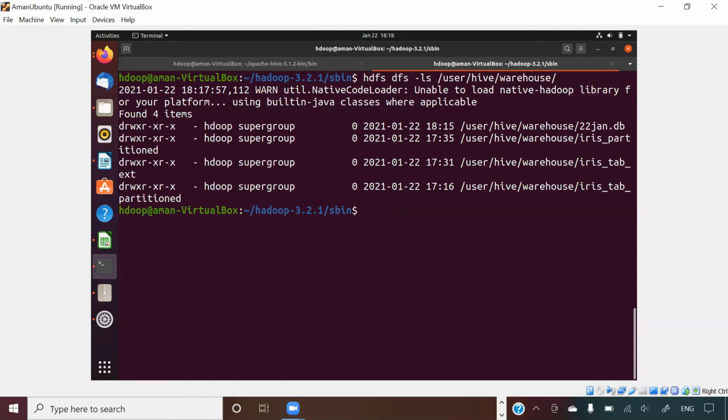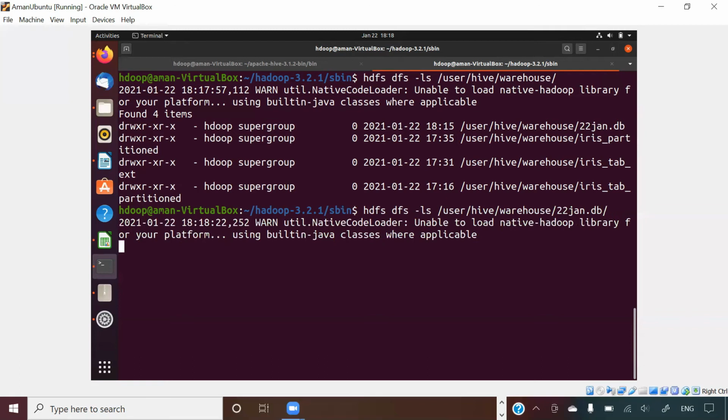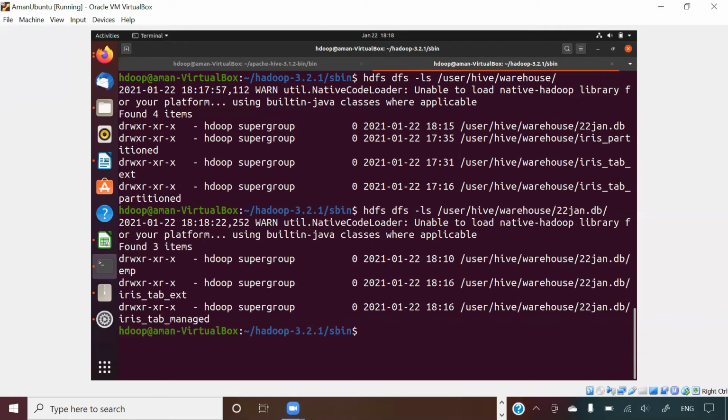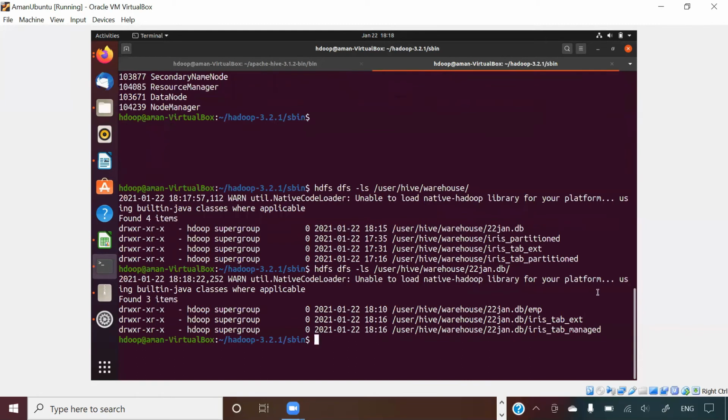Right now, what we created, guys, is this database, basically the 22nd gen.db. So we should go inside this database. All the other things that you see were created by me before. So let us go inside 22ndgen.db and see what all things are there. In this particular DB, you can see there are 3 items. Let me reduce this size so that you can see.